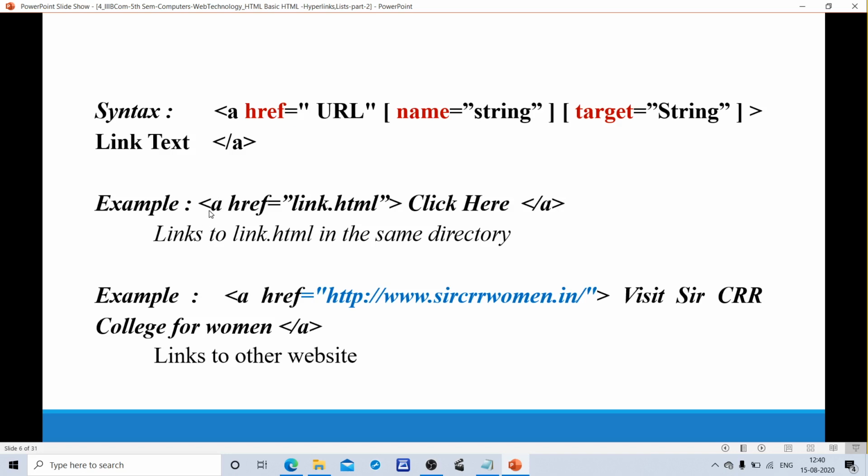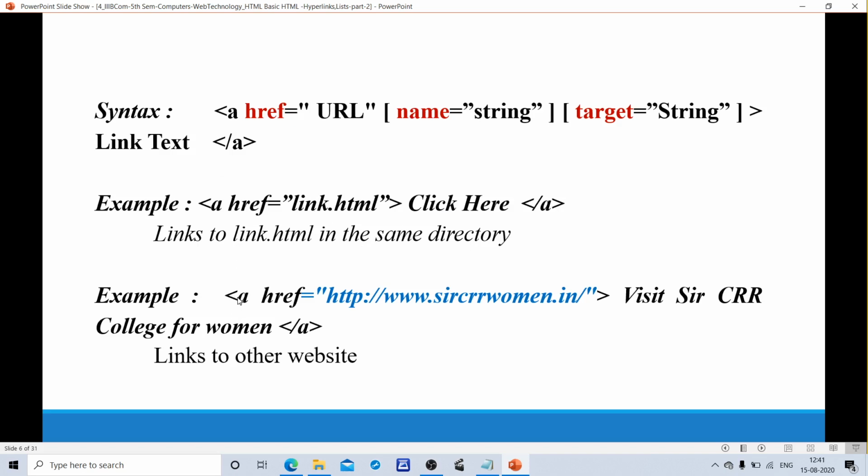See the example: a href equals links.html, click here, close anchor tag. Here, click here is the text. If I place the cursor and click here, then it goes to the link.html page. It links to link.html in the same directory.